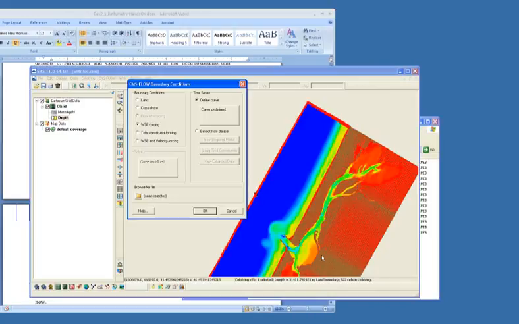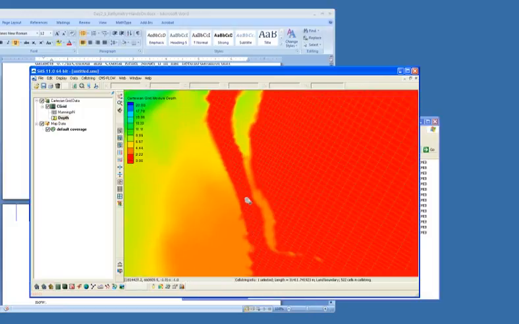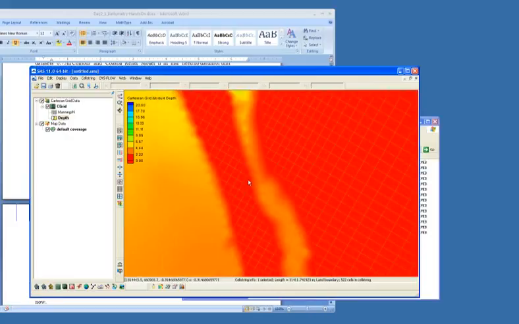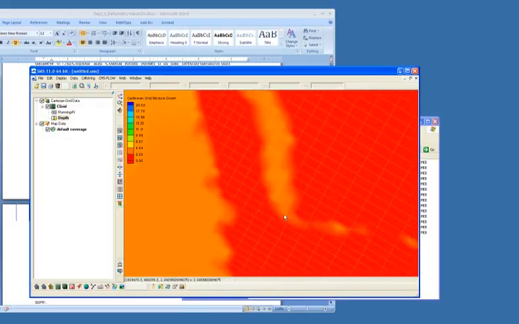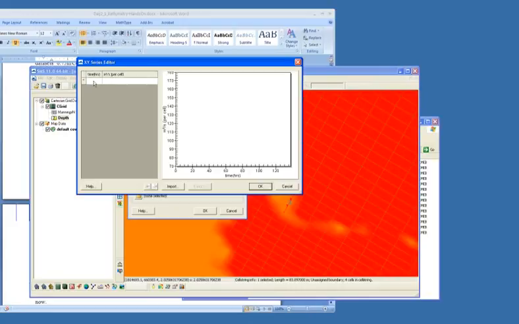So if you had a river, I'll zoom into this area and kind of define an area for you guys to see. What we could do is to specify a cell string, and I'll click that out and generate one right here. If this was a river that had adequate flow, that you would want to include into your domain or into your grid, you could then create this cell string, assign a boundary condition, and the flow rate forcing option is available now. And you would just supply a curve that was basically time in hours and a flow rate,